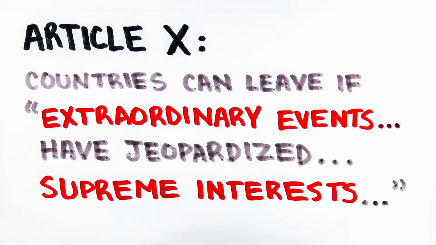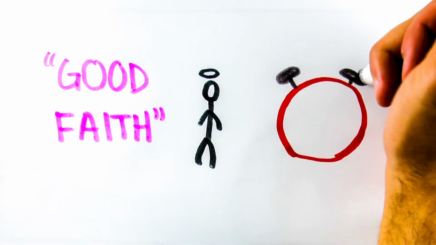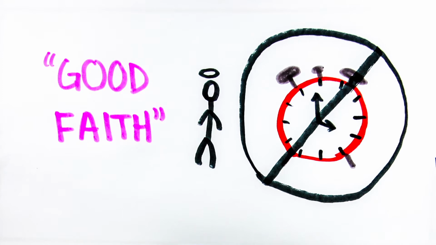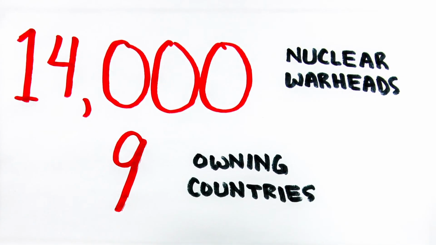One criticism leveled against the NPT is its perceived looseness. Its call for disarmament is based on what it refers to as good faith efforts in Article 6. There's no time-bound plan for nuclear states in the treaty to disarm. While there have been massive cuts in nuclear arsenal sizes since the Cold War, we're still a fairly long way from the nuclear-free world envisioned by the treaty. According to the Federation of American Scientists, there are still over 14,000 nuclear warheads in the possession of 9 countries in the world today. That's all for the NPT,